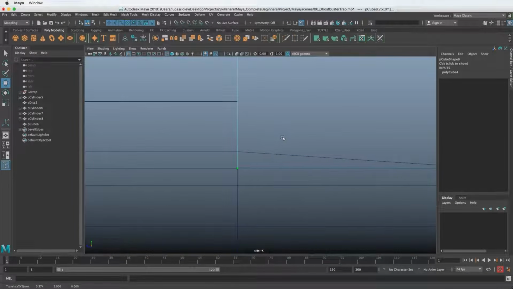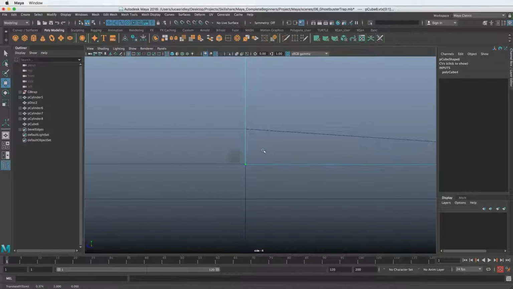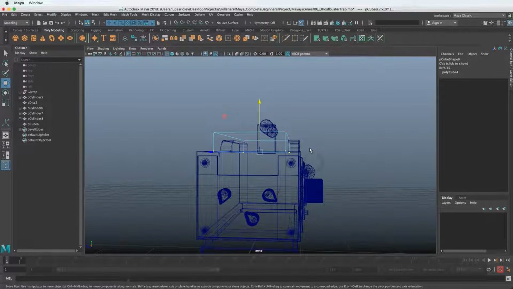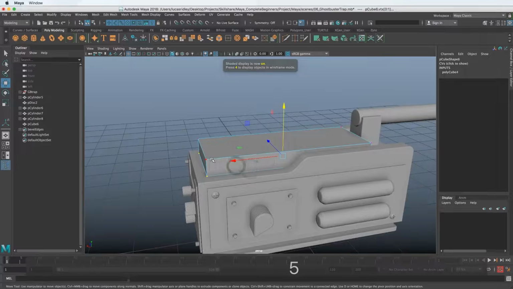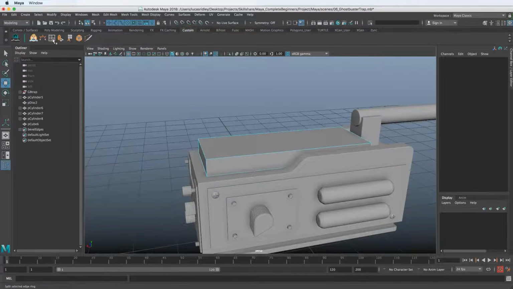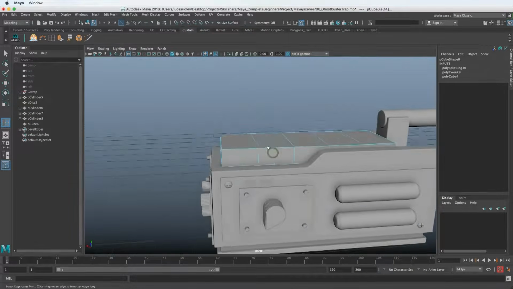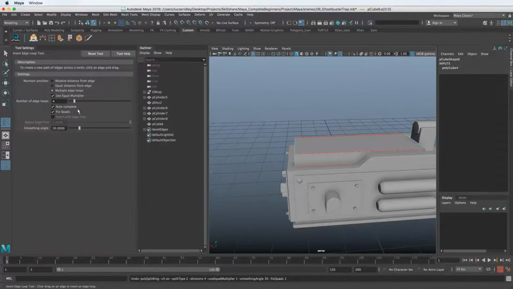There we go. Oh my gosh. Okay, there we go. Okay, hold down spacebar, click, go to perspective view, hit 5, and then we can extrude this out, but first we need an edge. So I need to go to my custom shelf, hit an edge in here, and we have the tools set so it does multiple loops.